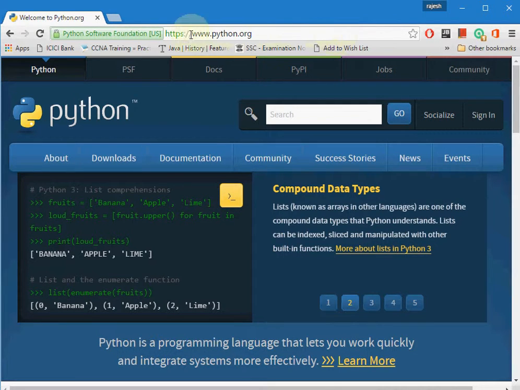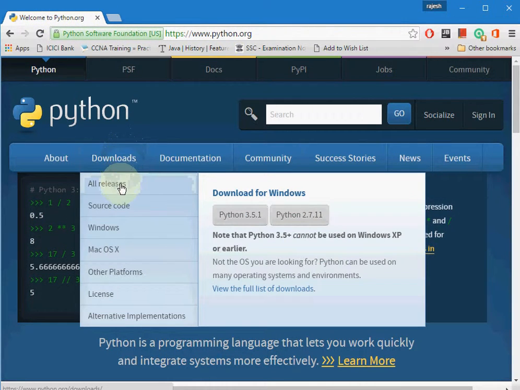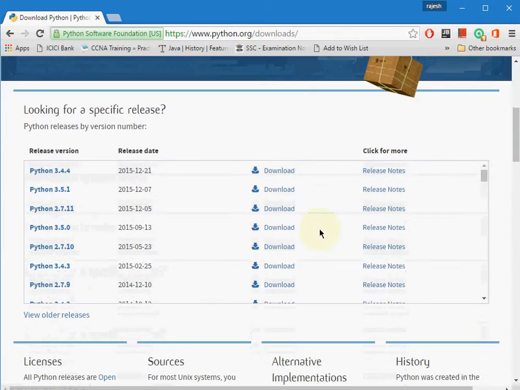If not, then we can go to the python.org website, and here we have download links, and go to all releases, or you can directly click on any of the links. You will directly get a download file. Or if you are using Windows like me, because I'm using a Windows PC, you will get an msi file, .msi, which is a Windows installer file.